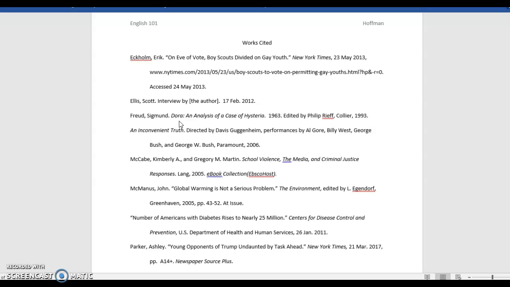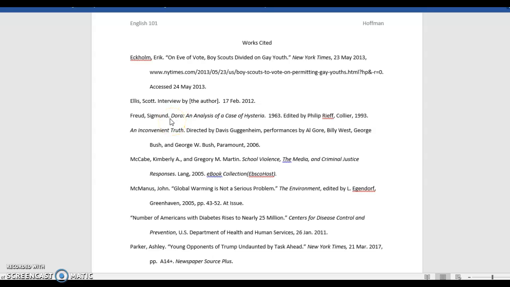The next work is a work that has been republished. It has an editor. What does this mean? It means the book came out once. It was popular enough that it came out again. Often when it comes out again, it has an editor because a significant amount of time has passed and somebody gets involved. So here we have Freud, Sigmund, period,